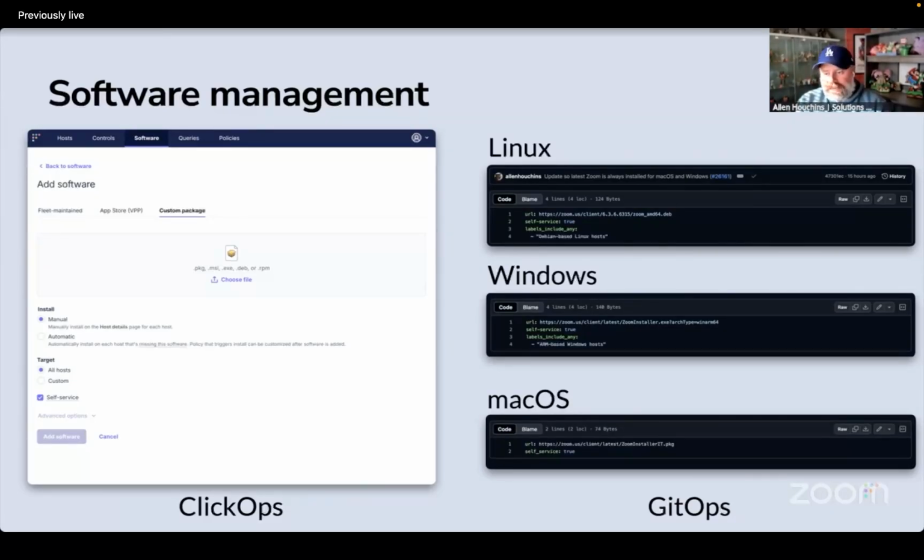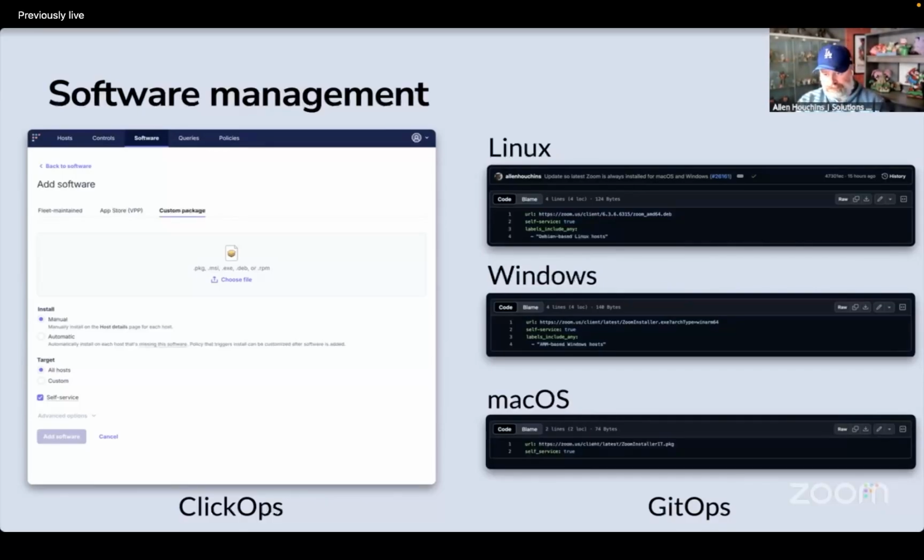the same exact outcome. And so you'll notice for Mac and Windows, it's set. If you look at the URL path there, they're pointed at URLs that are always going to download the latest version of those applications. So this is truly a set it and forget it type of thing. Once I've created this text file one time, I never have to go and download the latest version of Zoom ever again. And my employees and my end users are always going to have the latest version available to them